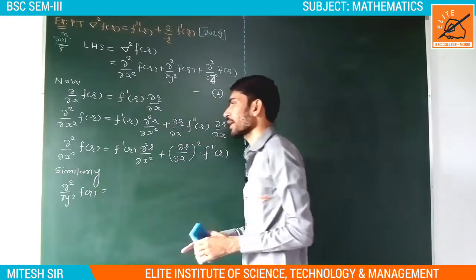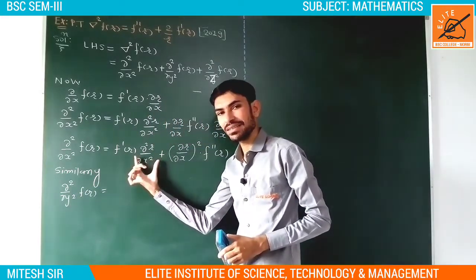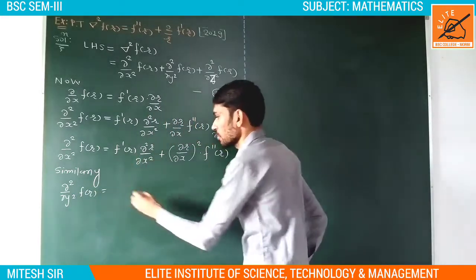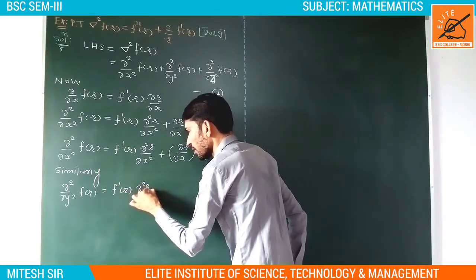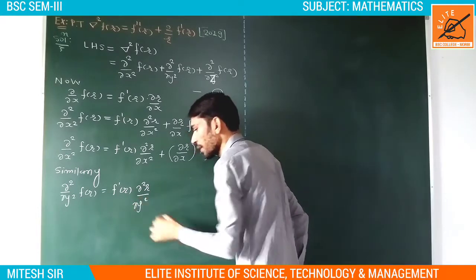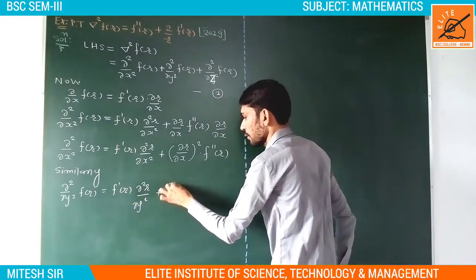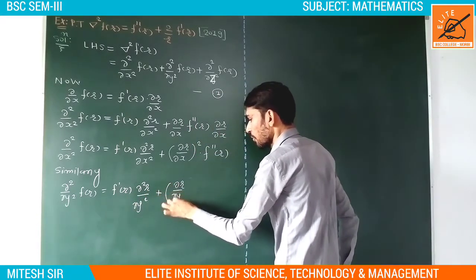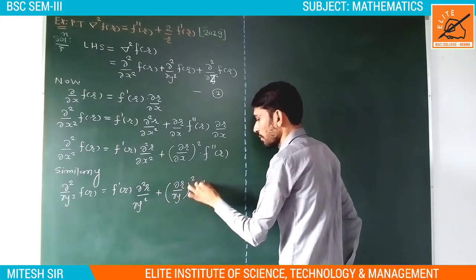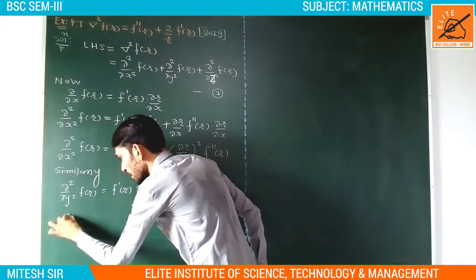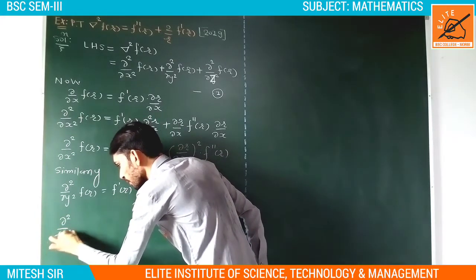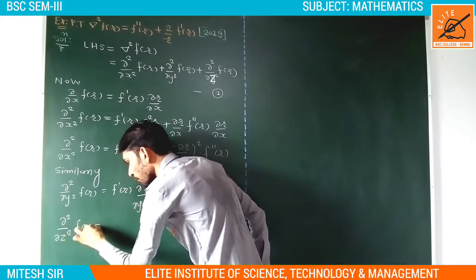તો મિત્રો જે રીતે આપણે with respect to x મેળવ્યું હતું એમાં જ્યાં x હશે અહીંયા રિપ્લેસ થઈ જશે y. So here we write as f dash r del square r upon del y square plus del r upon del y whole square into f double dash r. Similarly we write for z, del square upon del z square f of r is equal to